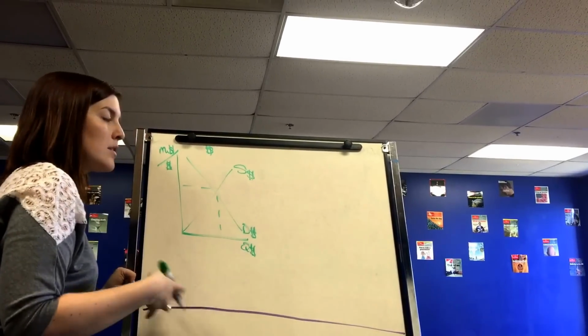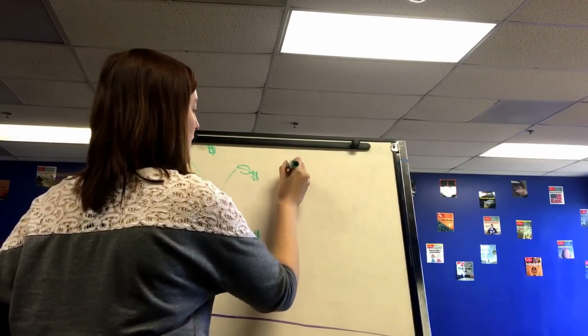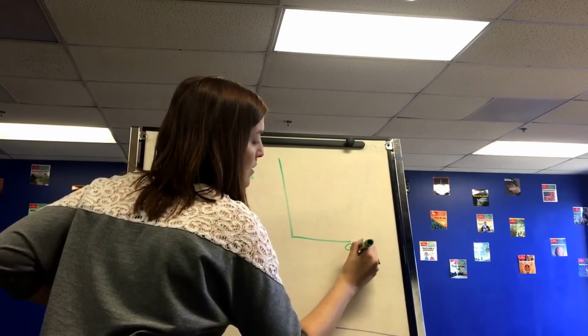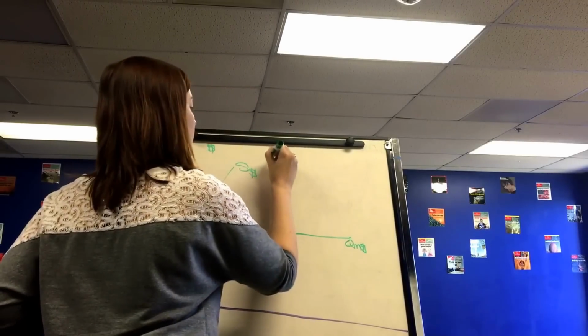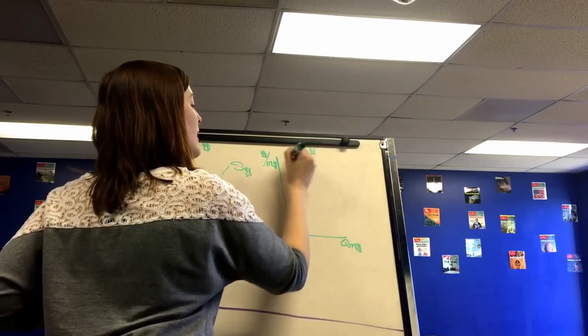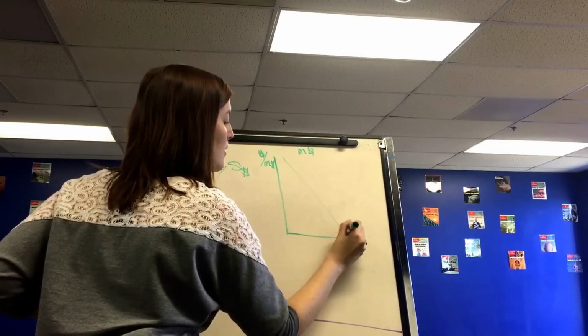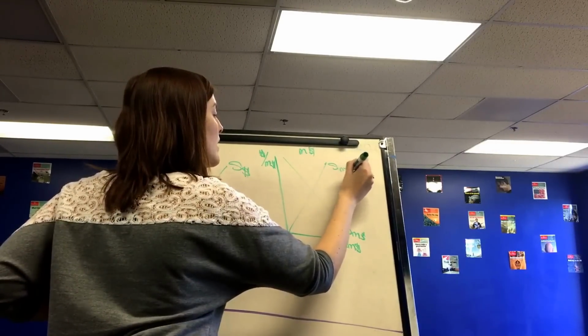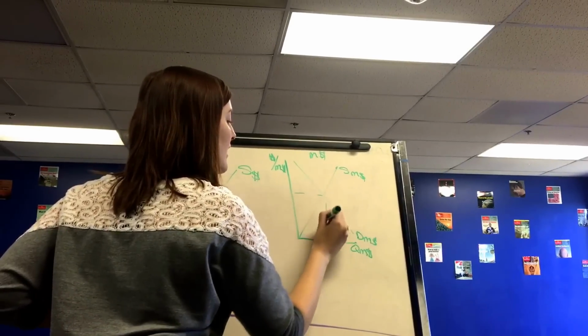You can just write out the American currency or the Mexican peso. You don't have to know that the Mexican peso is the M with the dollar sign. Okay, so now I have both of my graphs correctly labeled,